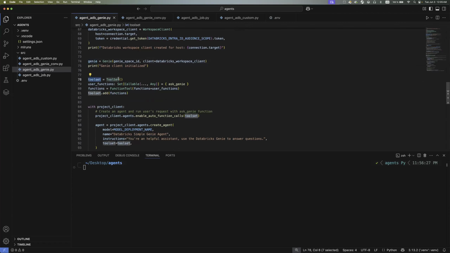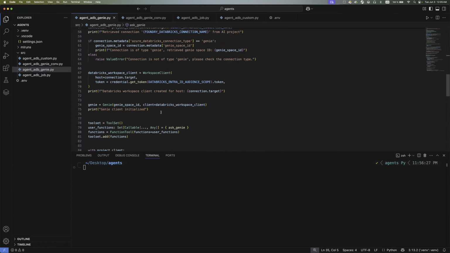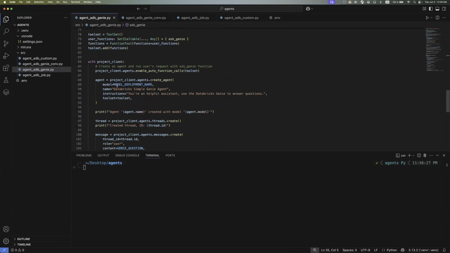And then I was mentioning about tools. So you can basically add your tools to the agent. So I've added this function ask Genie, which I just showed you guys as a function which could be used as a tool by the agent. And then I instantiate the client